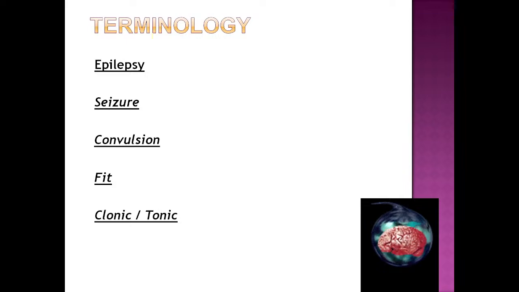Convulsion is a particular type of manifestation of a seizure where there is muscle activity involved. There are rapid jerking movements. Fit is a very layman term. You may hear people saying in the public that this person suffers from fits. The Hindi term that we use for epilepsy is mirgi, and the attacks that we get, we call them dore ana, mirgi ke dore ana. Tonic and clonic are related to the muscle tone and the contraction that happens. We will again encounter these terms one by one.